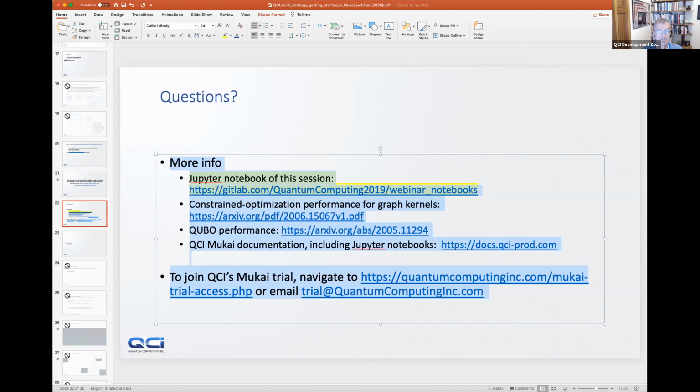Knowing what I know today, I would expect things like reverse annealing are detailed and expert enough that we would deal with them in a lower layer, so we wouldn't expose control of reverse annealing to Mukai users.